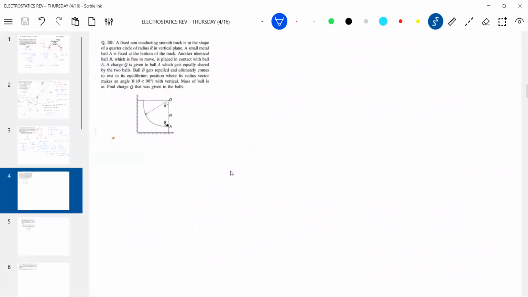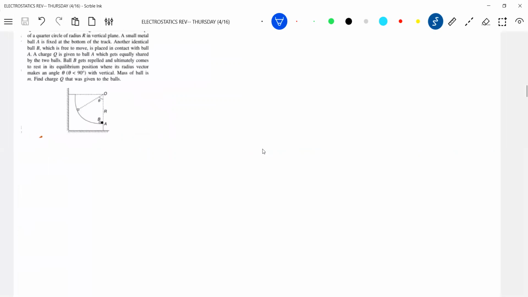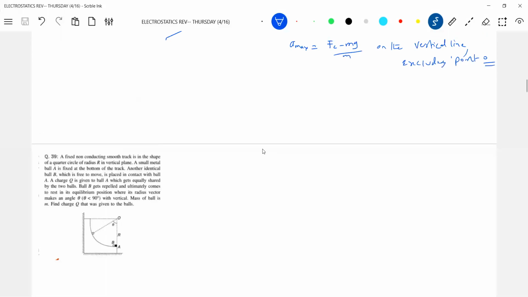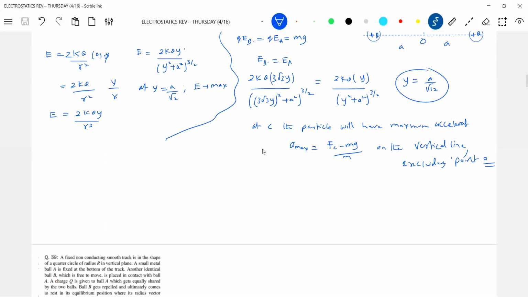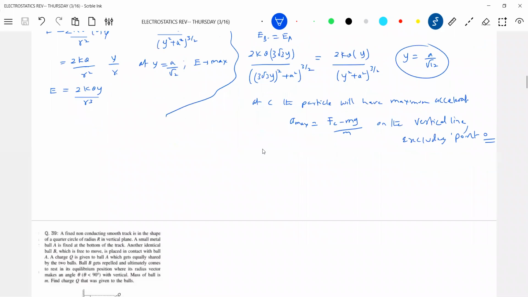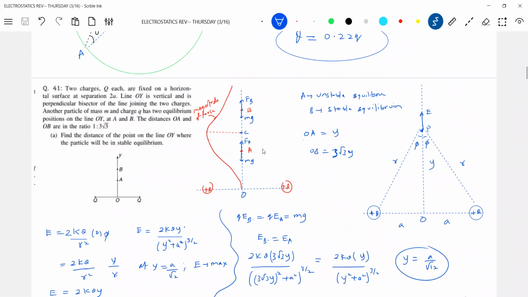Read it. What will be the answer? Above one means, in the previous question, what will be the value of y? Y equal to a by root 12. No, sir, the value for the point on OY, that you have to calculate. A by 2, sir. That you have to calculate. I don't have the answer. Okay, take the next one.